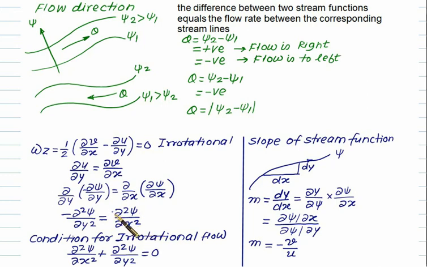If you want to write down the condition for a stream function to be irrotational flow, you simply partially differentiate your stream function with respect to x and with respect to y. That is, we have del square psi, which is the Laplace equation, must equal 0. If this equation is satisfied, we can conclude that it is an irrotational flow. So the stream function can be well defined in the case of rotational as well as irrotational flow. Here I have given you the condition to check for irrotational flow.